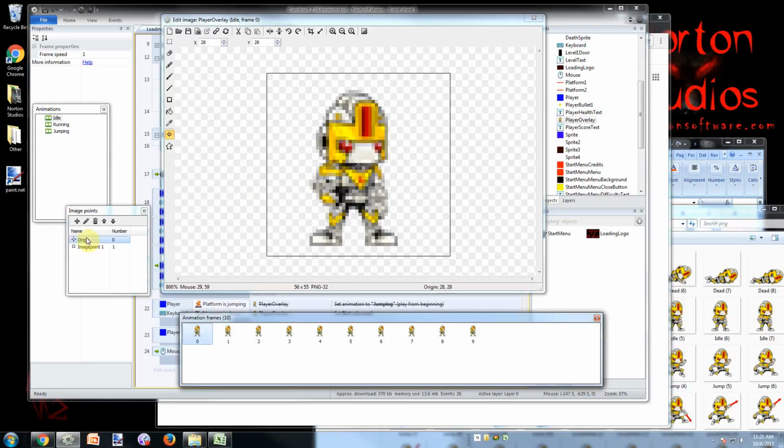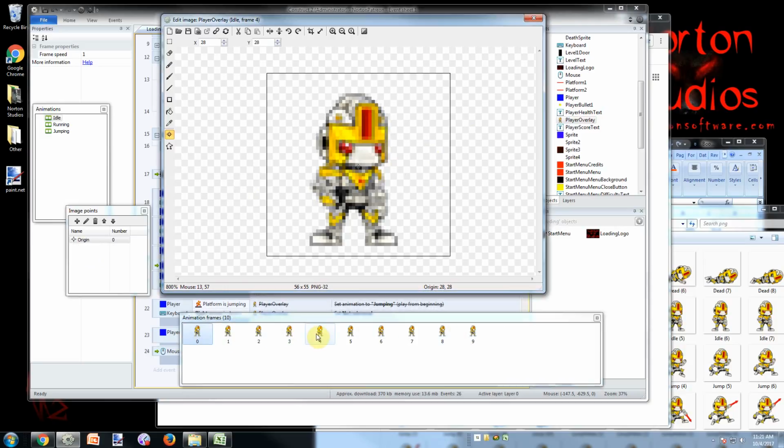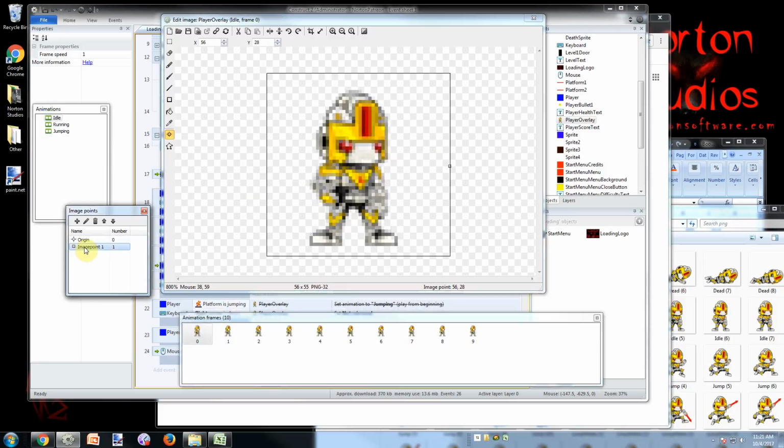So you'll notice we have the origin and image point to this frame. However, once we get into these other frames, it disappears. Now that's going to be a problem, because what if we fire it and it's in the middle of one of these frames? It's going to try to probably spawn from here and look all funky. So one thing you do, right click the image point, apply to the entire animation,